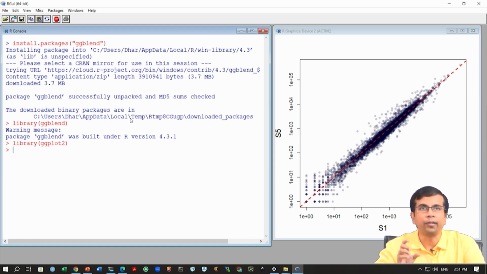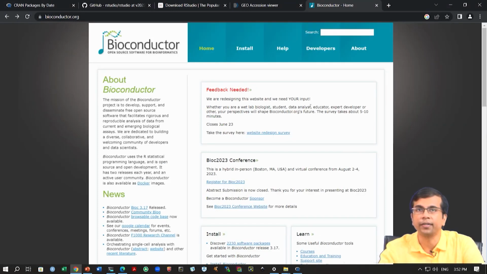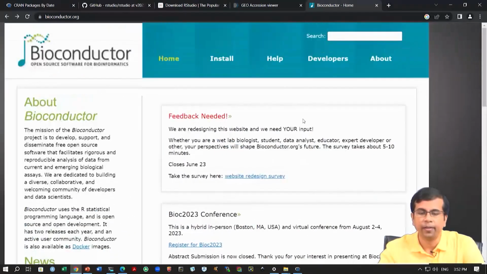If it is not installed, it will tell you it cannot find this package, along with the name of the package, and then you can say install.packages and the name of the package. This works for most of the R packages, but there are other ones as well. When we were discussing the theory about bias correction and different methods, we talked about